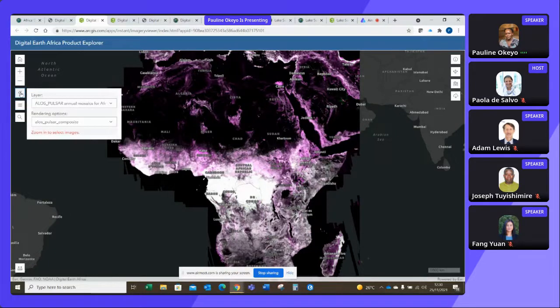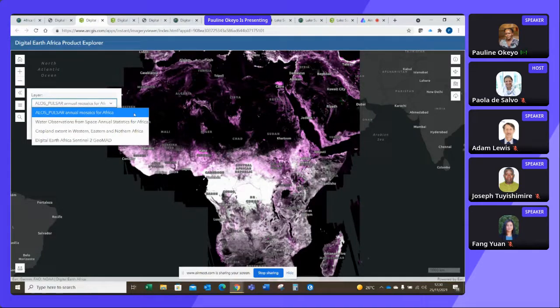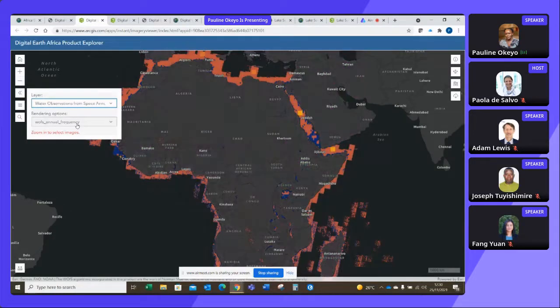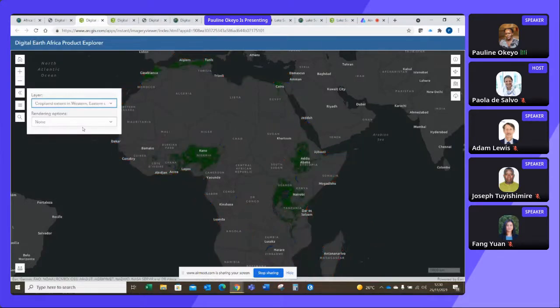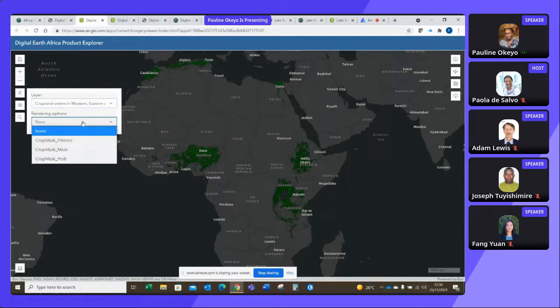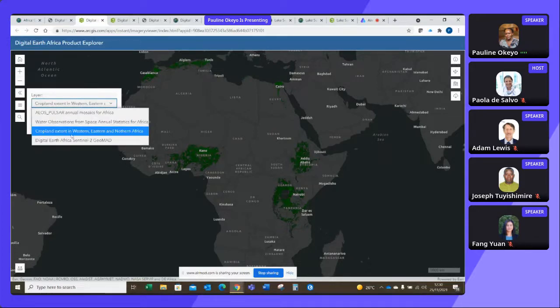One of the things that a user can do is they can look at different layers that we already have. We've brought in from the Digital Earth Africa data cube, and they're able to explore information such as the 4 layers that we have, such as water observations from space, annual summary data. We also have some information on cropland extents, and we have provided easy rendering options for any user to be able to view this information. And we also have